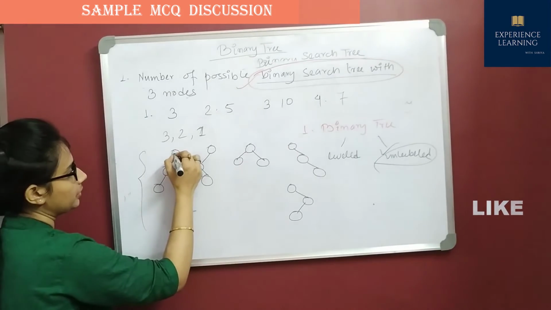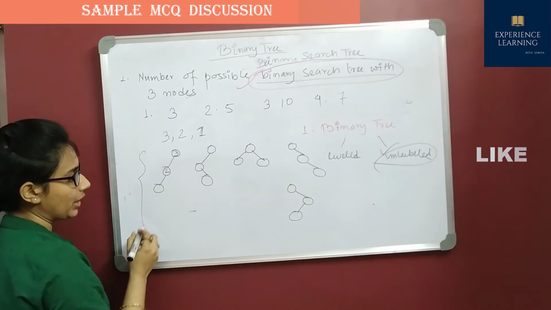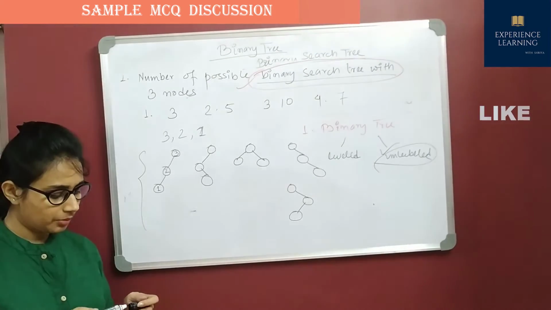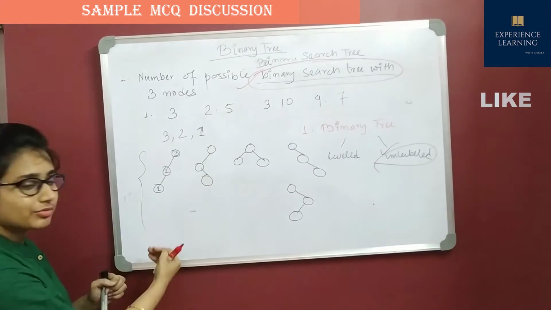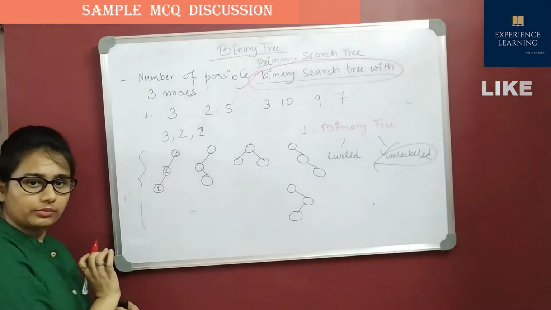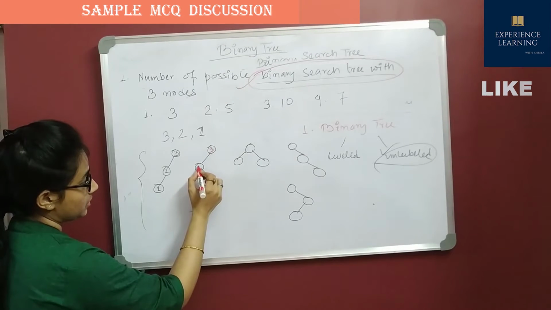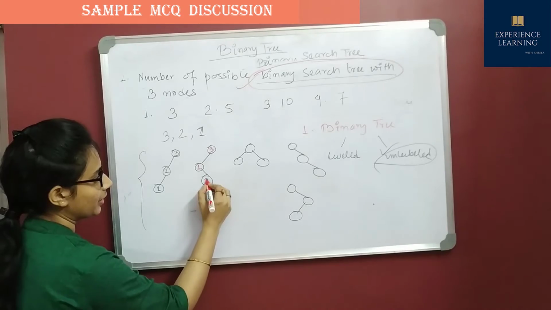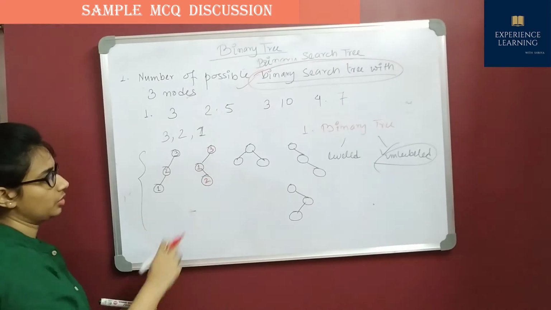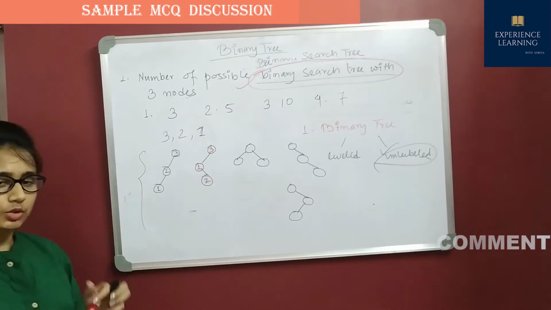Now, if I make the root 3, I have to write 2 and 1, because I cannot write 1 and 2. Cannot, no? Because we know that the left subtree will be lesser than the node. So it can be 3, 2, 1, or if I make it 1, then I can make it 2. Otherwise not possible. If I make it 2, 1, the right side of 2 will be 1, which is not possible. So here it will be 3, 1, 2.